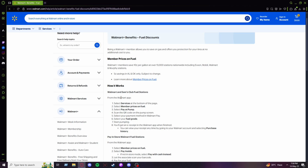So basically, from the Walmart app, first you gotta select services at the bottom of the page, and you should see the option of select member prices on fuel. After that, select pay at pump, and there should be a QR code on the pump screen. So scan that QR code, and after that, select your payment method through Walmart Pay,